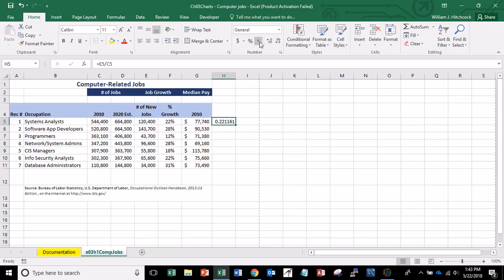So that's given me, well, if I round this off, 22%. I can copy this down, and sure enough, it looks like as I'm comparing these numbers, we're getting the same result. So really, rather than hard coding those numbers, we'd want to use the formula. So let's type that in, equals the number of jobs divided by what our 2010 amount was. And I'm going to format that,